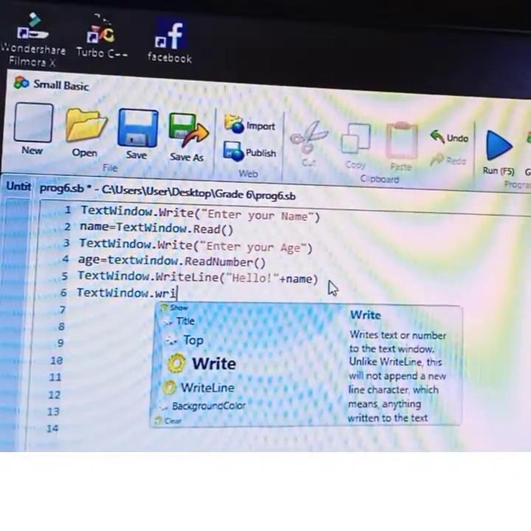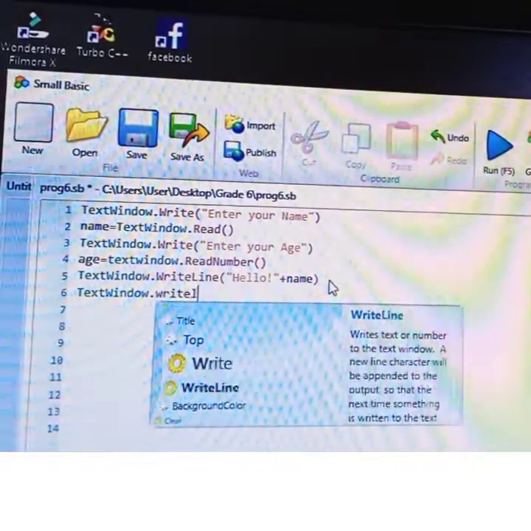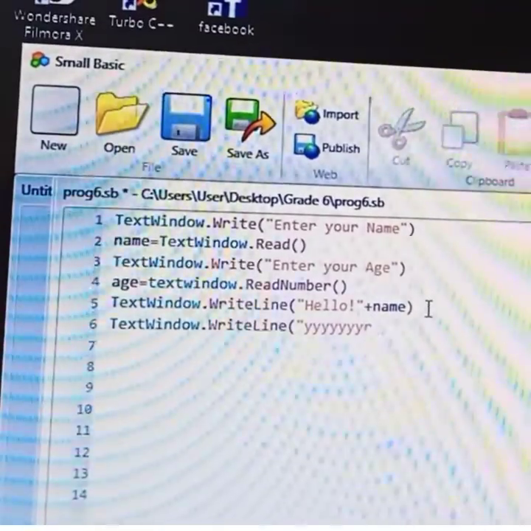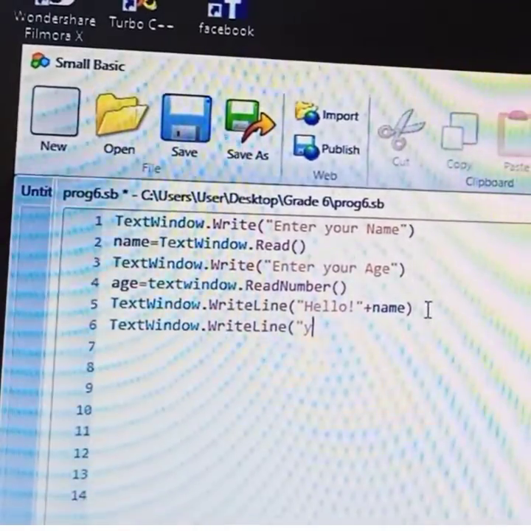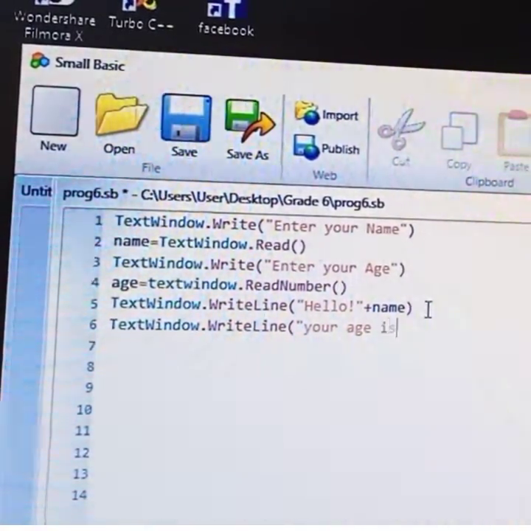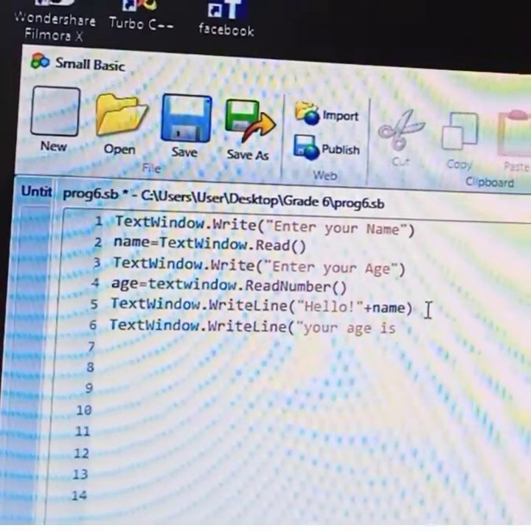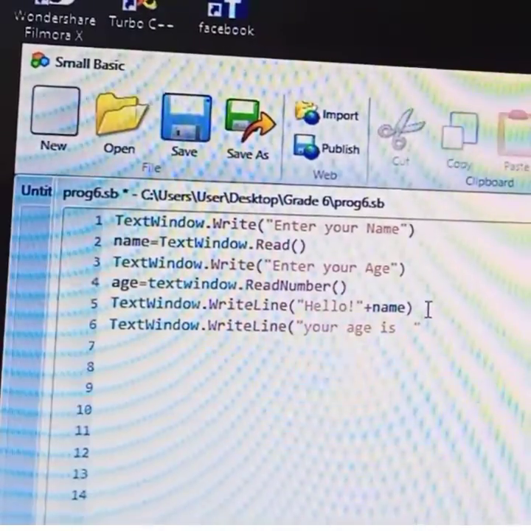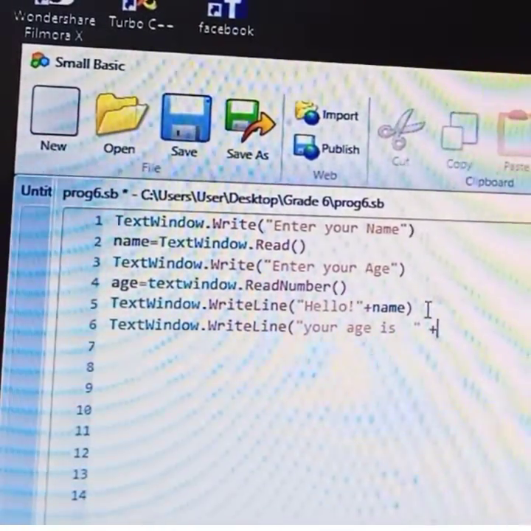Then I'm going to display the age on the output screen. For that I'm writing TextWindow.WriteLine("Your age is "). Within the double quotes you need to write it, and give some space, then it looks neat. You should give the space so you can get the output neatly.